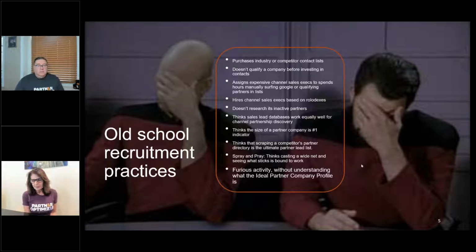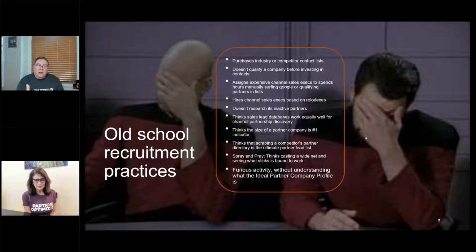And so that spray and pray technique these days is being replaced by account-based marketing, account-based partner marketing, and hyper-targeting. Yeah, exactly. We're not saying the old school approach didn't work or doesn't still produce some results today. It's just very intensive from a human capital perspective, and from the real capital, the dollars spent doing it. It's a lot of expense, and you have a lot of things that don't work out at the end of the day with your partner relationships.